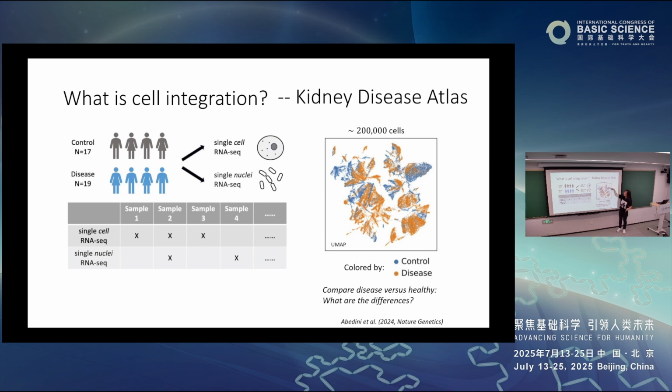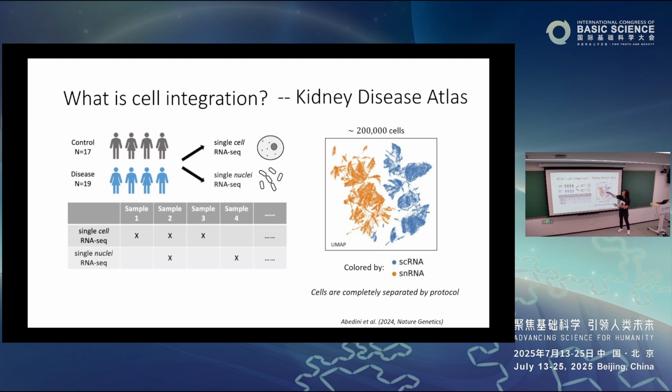And if you just plot them out, you see that yes, the control and the disease do differ. That's what you want to find. But if you color it, so don't blink, if you color it, this is control versus disease. But if you color it by protocol, single cell versus single nuclei, you see that that's an even better separator. Okay, so most of this is probably just technical, nothing that is really biological.